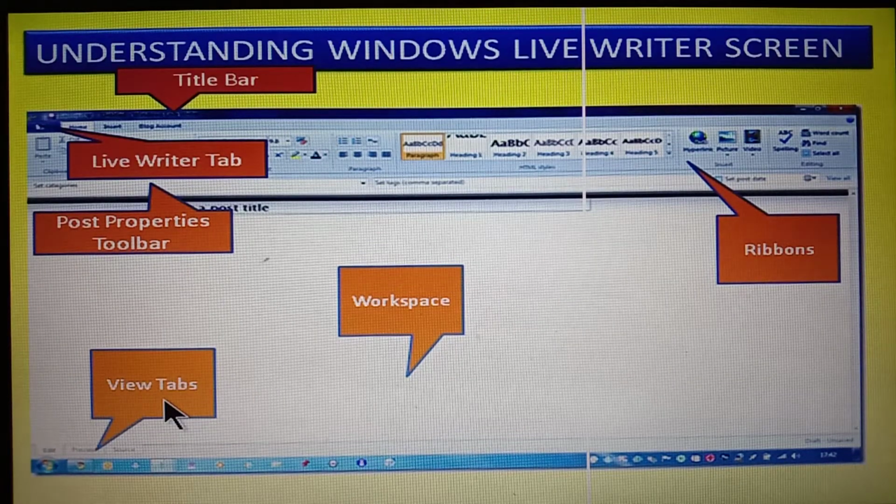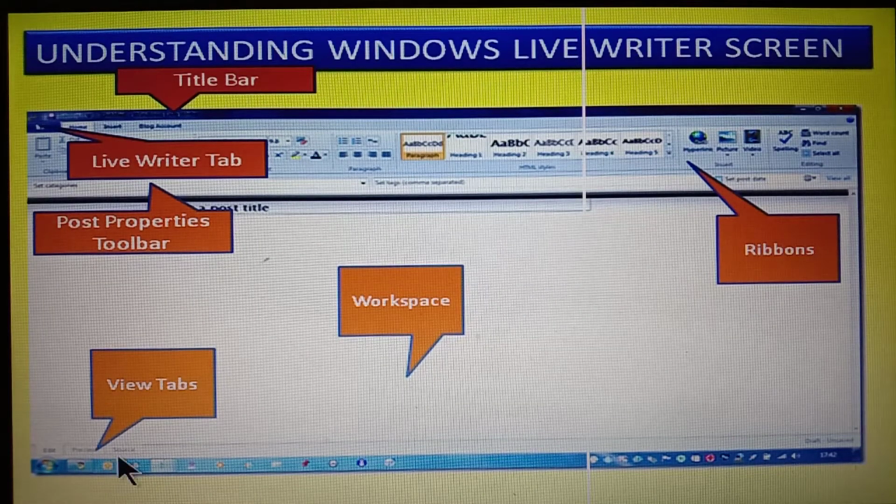Here we have the view tab. In the view tab, as you can see, we have three options: edit, preview and source. In edit view, the post is actually composed. So in this view we are going to compose the blog. And then we have preview. In this view, the live preview of the post can be seen. That is, you can see how it will look for the reader once I publish the blog which I've created.